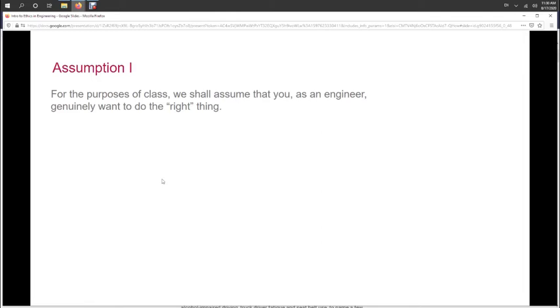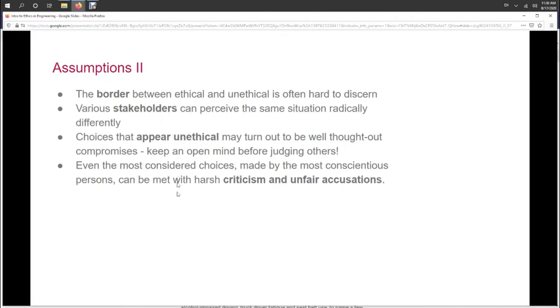If you disagree with somebody, it could be on an ethical issue, it could be on a political issue. I think the best thing to do is to assume good intentions on behalf of the other person. If you can't start there, it's very difficult to have a productive discussion. So that's what we'll do.